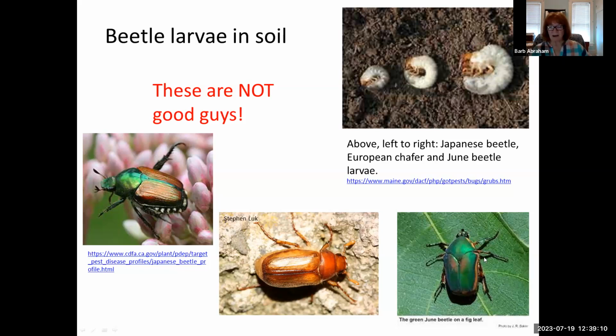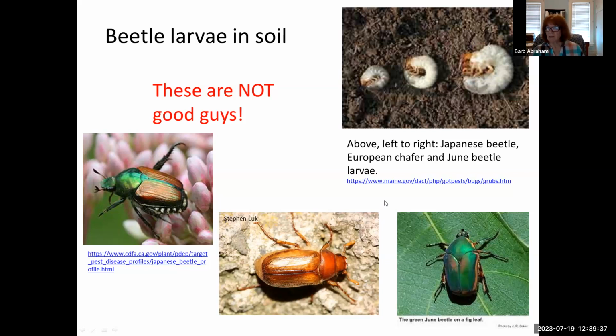These guys are really funny. When I first came down here, I remember walking at Hampton University one day from class to class, and these guys fly so slowly that they literally fly right into you, or you walk into them. They're not able to change direction and get out from in front of you if you're just walking at a normal pace. So these are all scarab beetles.